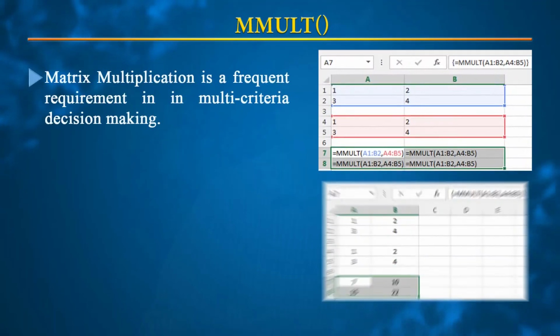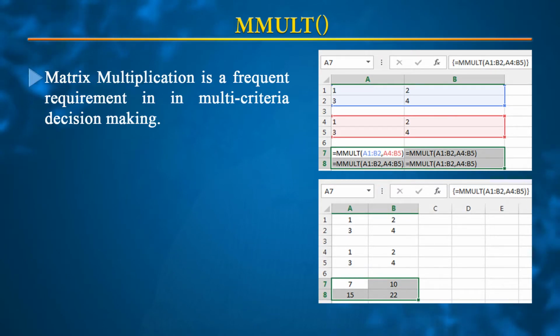Now, we have a matrix multiplication function, that is MMULT. Matrix multiplication is a very important function, and those who are from the programming side may know what effort it requires when writing a program in C or any other programming language.